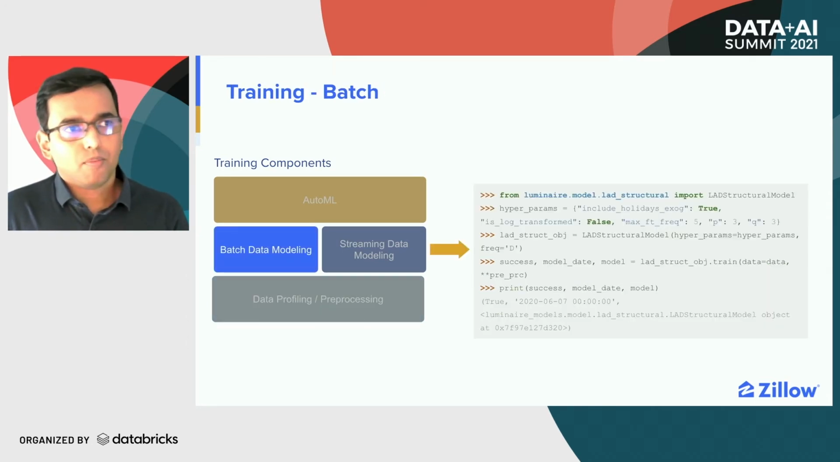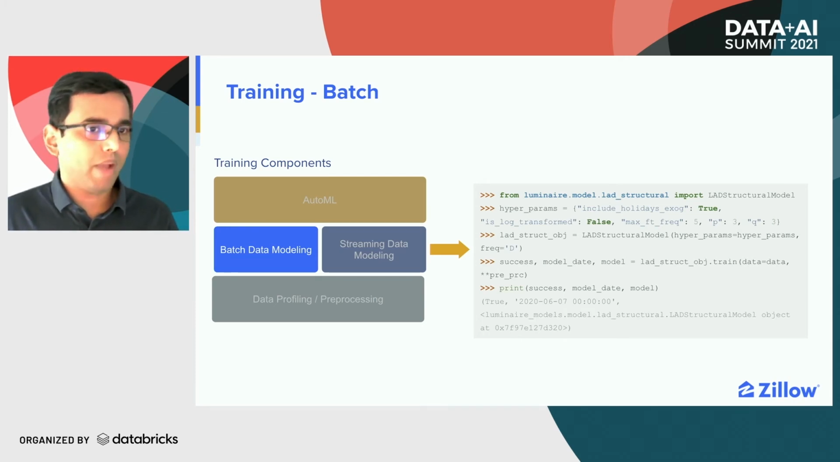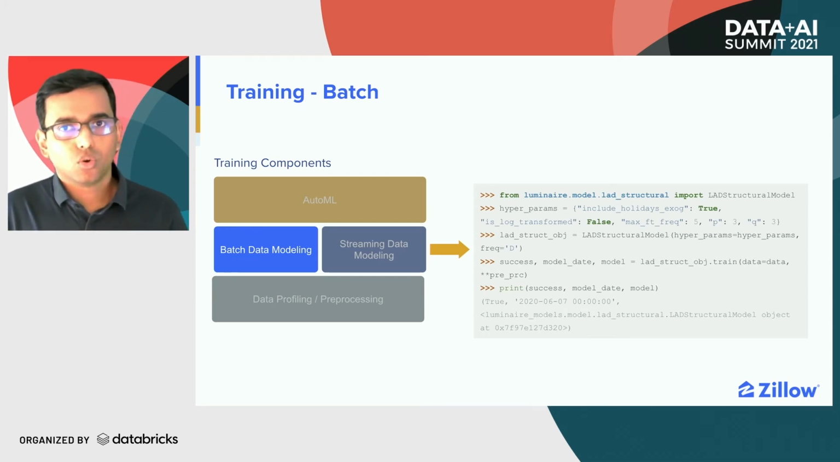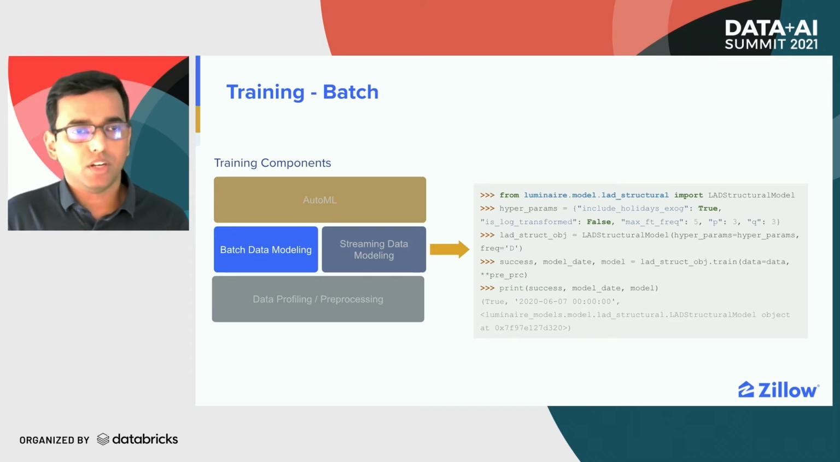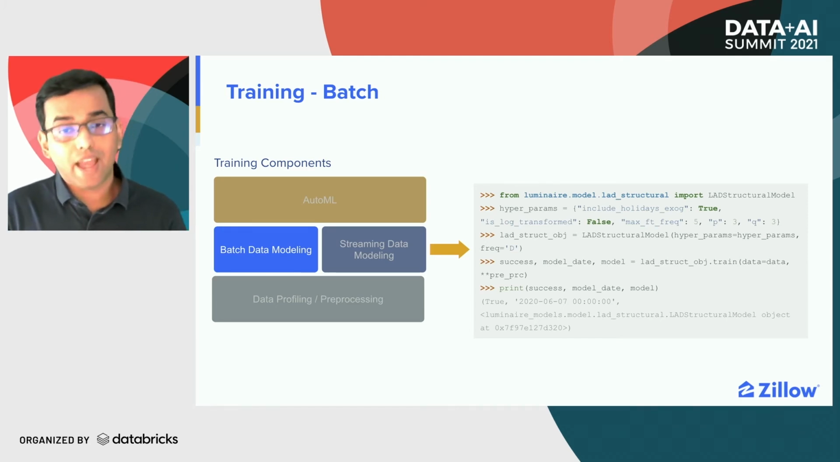Next is the modeling layer. The modeling layer consists of different types of models that support different scenarios. The modeling layer is also capable of running the model for both batch and streaming use cases. In this example, we have the Luminaire structural model, which can understand the time series pattern based on the historical structure of the time series. So you can use the Luminaire LAT structural model class and pass your hyperparameter and call the training function to